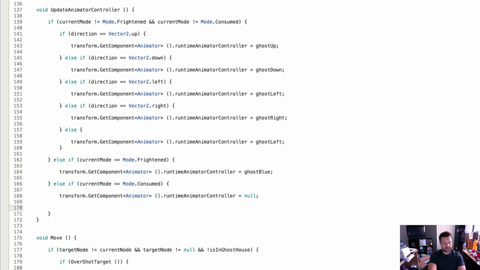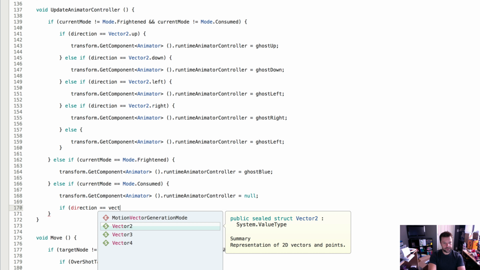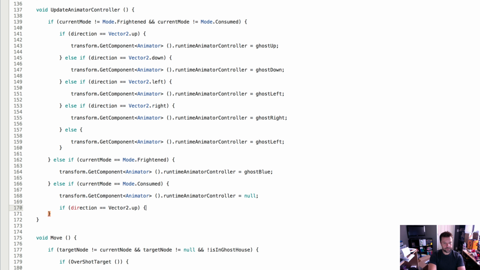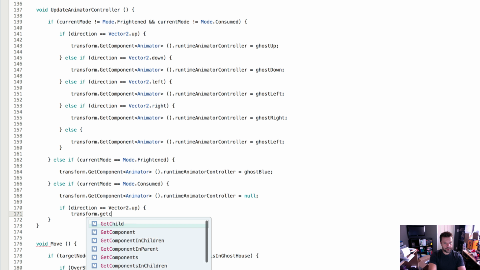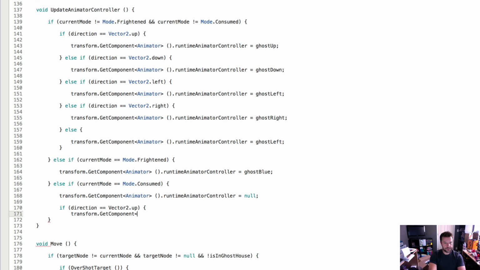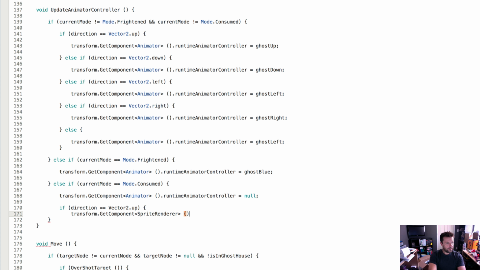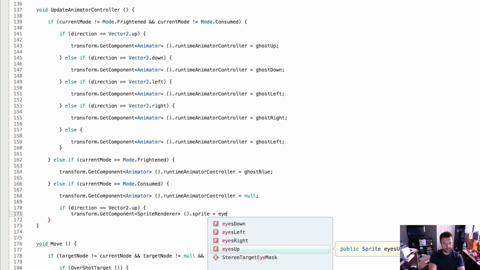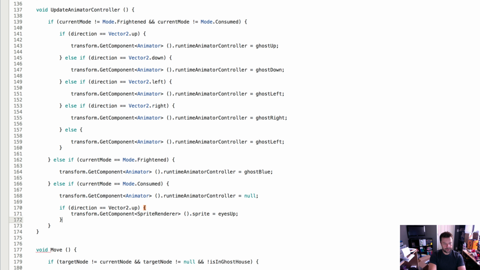So then we just need to check direction. So if direction equals vector2 dot up, okay, then we do a get component of our transform, our ghost. We're going to get the sprite renderer, and we're going to get the sprite property and set that equal to eyes up. Okay, simple enough. I'm going to do else if